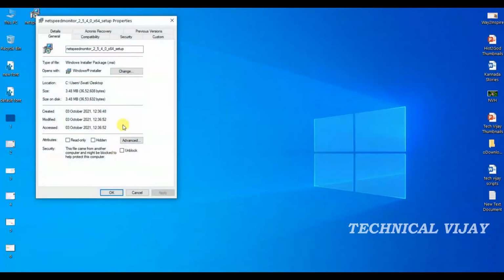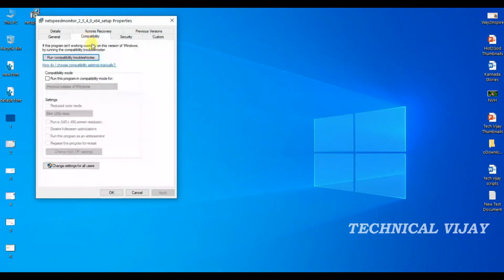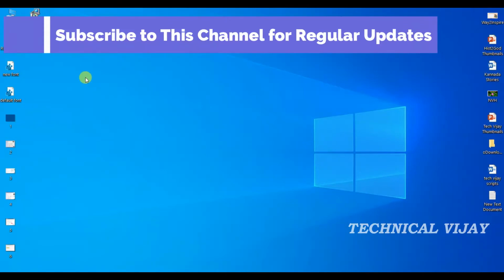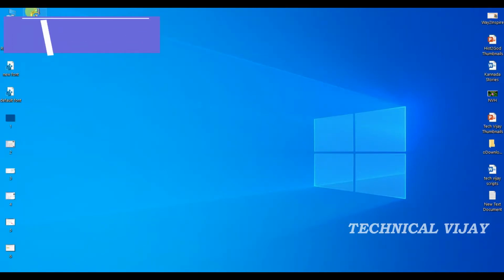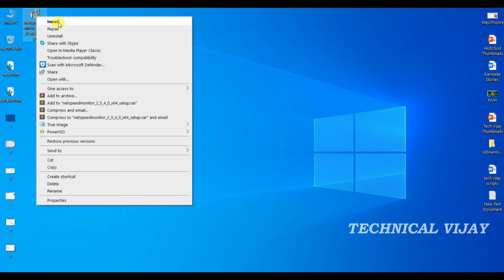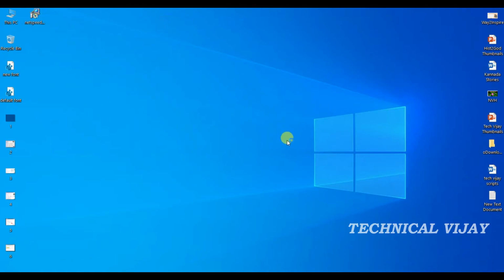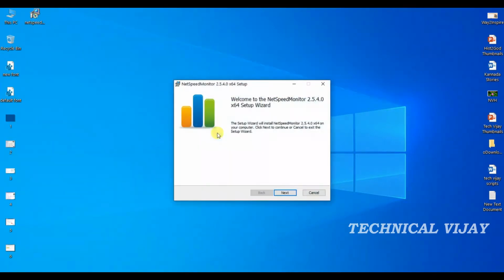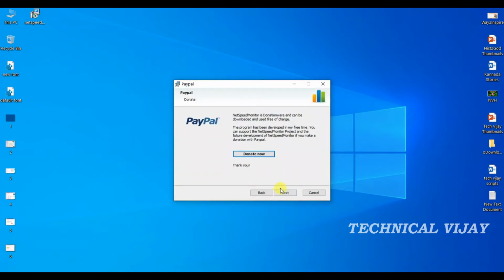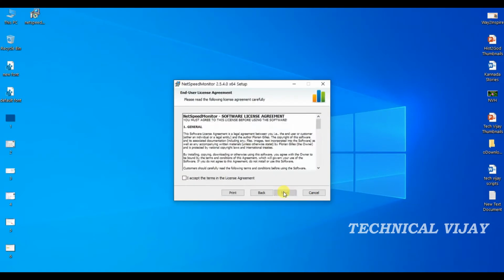If you are on Windows 10, then you have to right click on the setup, go to properties, then go to the compatibility tab and tick the compatibility mode for previous versions of Windows. Hit apply to save the changes. You can now double click the setup file to install the software normally on Windows 10.